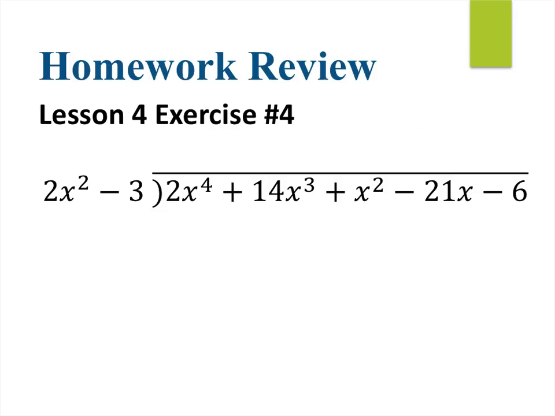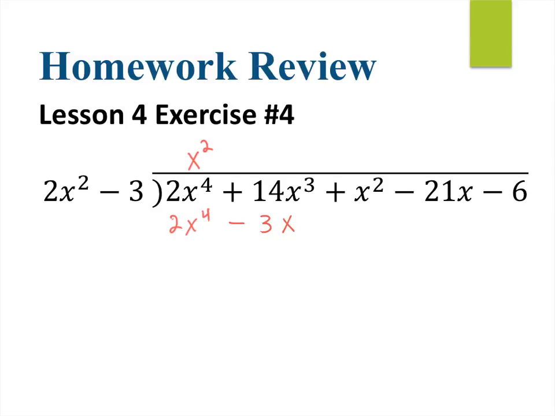Let's just do a couple more. I just want us to get into the habit. So if this is the division problem, I think what times 2x squared gets me 2x to the fourth? That's got to be x squared. So 2x to the fourth. X squared times negative 3 is negative 3x